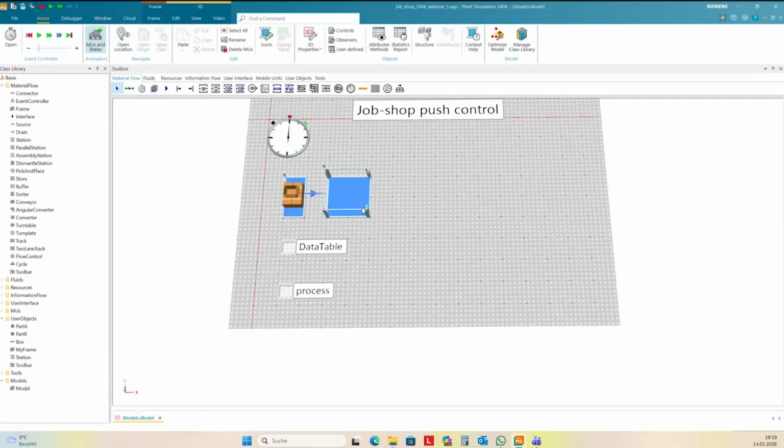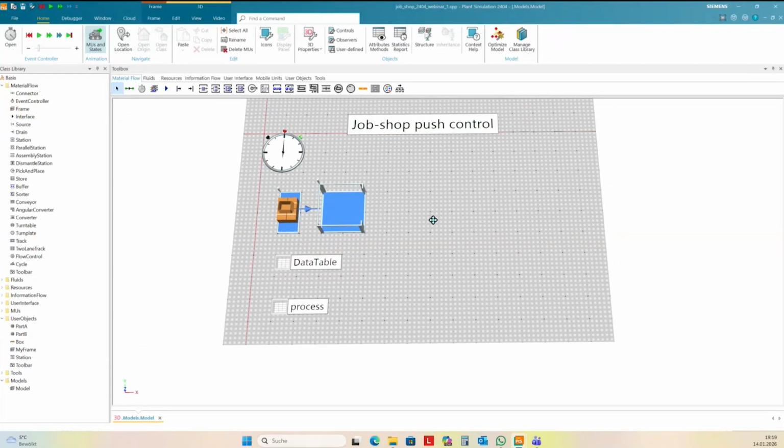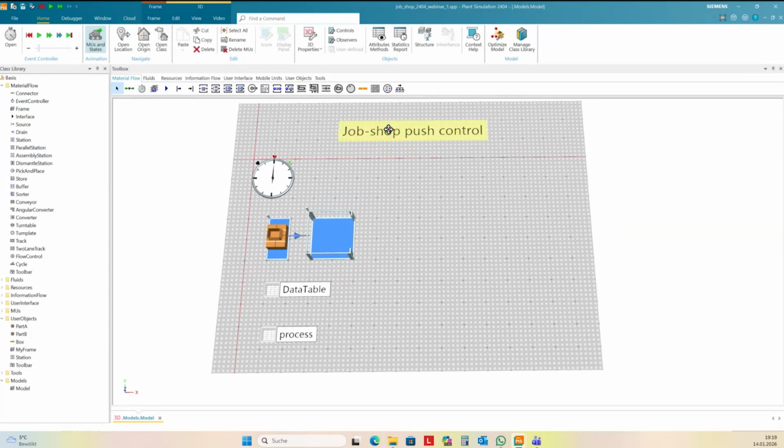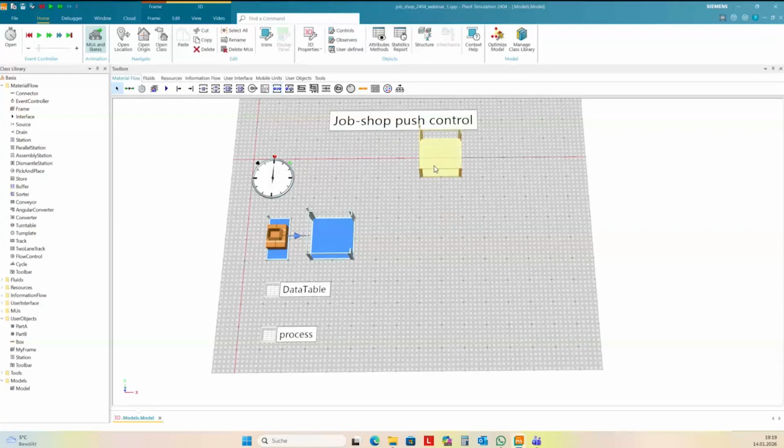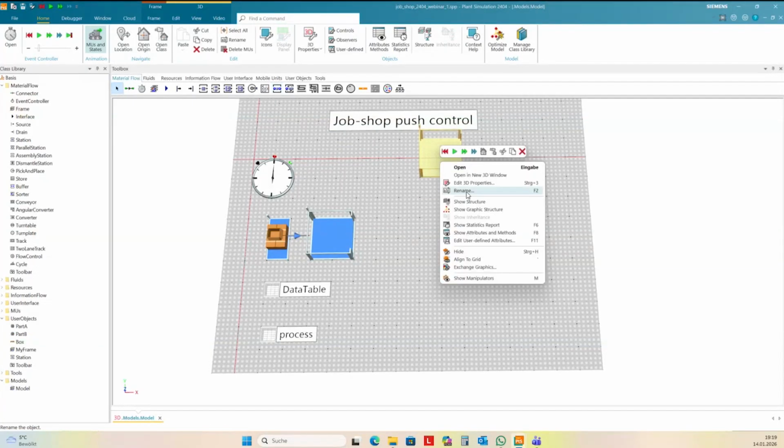entrance buffer, and at the end of this buffer, I want to define the job I need to go, and now I need 4 buffers.